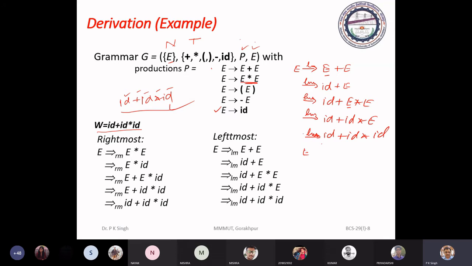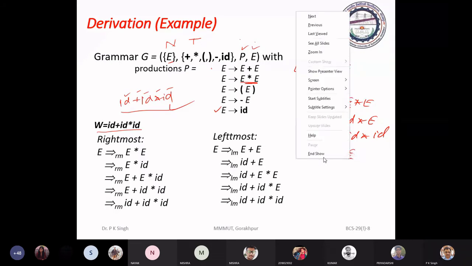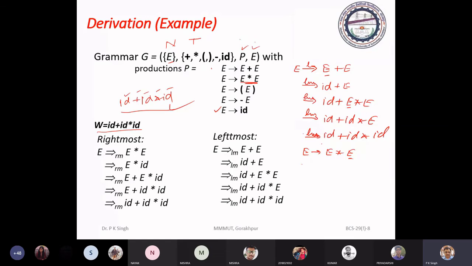We will start from E to E asterisk E. Now we consider the rightmost non-terminal, this E to E asterisk ID.